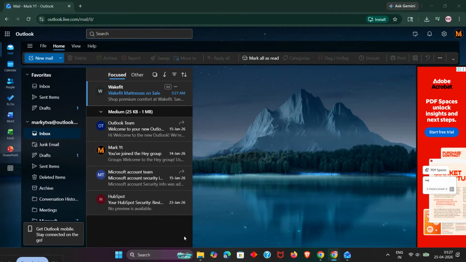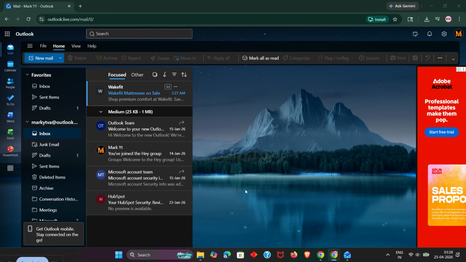If Outlook is showing error 404 with the message, "We can't connect you," don't worry. In this video, I'll show you the quickest ways to fix it step by step. This issue usually happens when your browser has bad cached data, your cookies are corrupted, or a VPN or proxy is interfering with the connection. The good news is that in most cases, you can fix it in just a few minutes without needing any